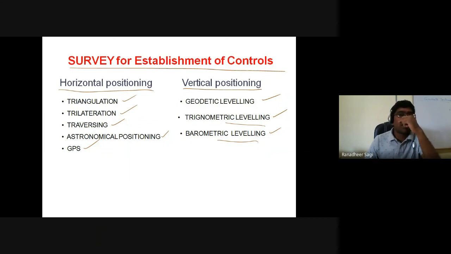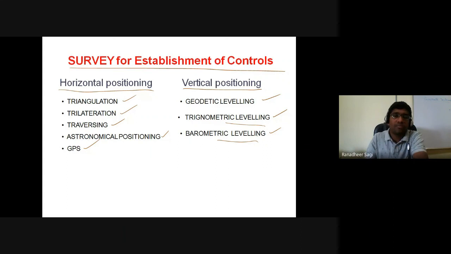Okay, so by simple trigonometric functions, if I know the elevation of this point, and I try to find out the elevation of some other point, what we do is, with the help of a theodolite instrument, measure the vertical angle existing between these two positions of the points. And once the vertical angle between these two points is known, then I can find out the elevation of this other point with reference to the elevation known for this particular point.